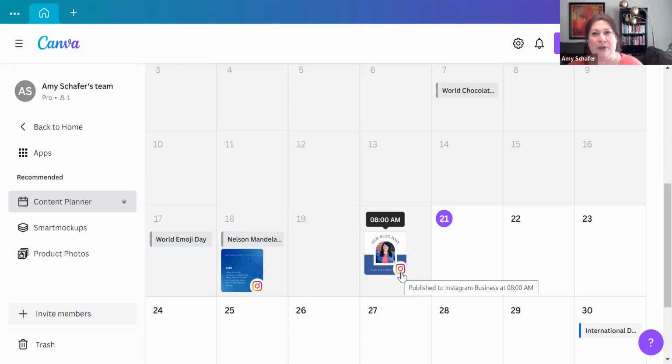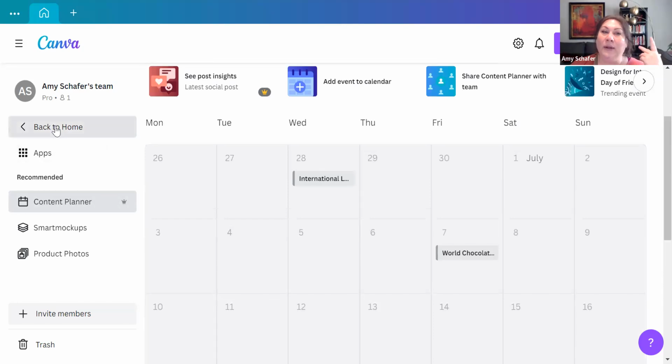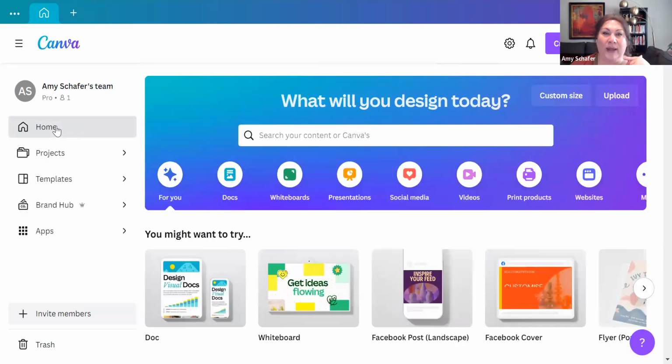Wish Canva would allow you to post simultaneously to more than one social media source. But stay tuned, because again, this is July of 2023. We're doing the basics. There's things in this program I haven't experienced, so stay tuned. It might happen. Now let's go back home, because one thing I really wanted to make sure that we got to do together today